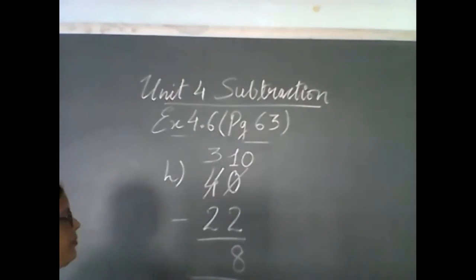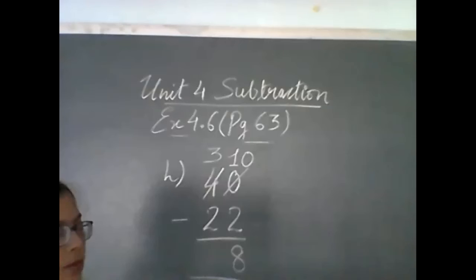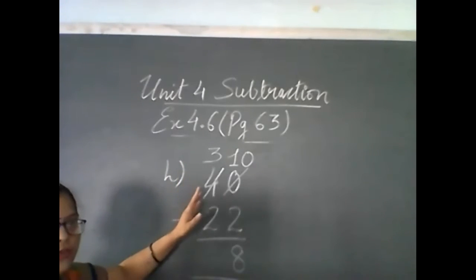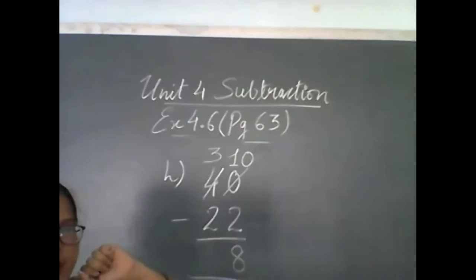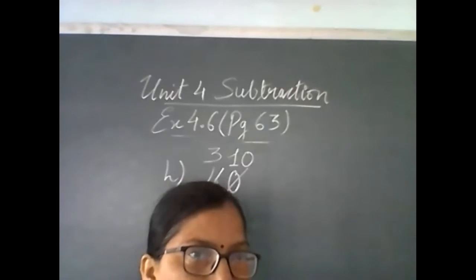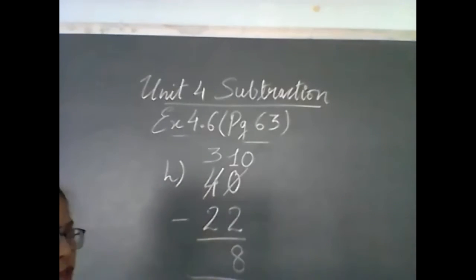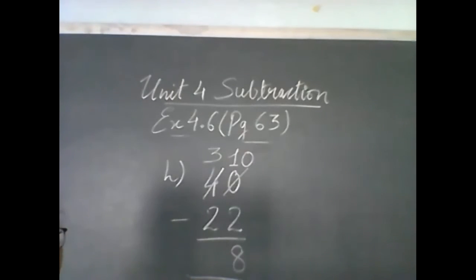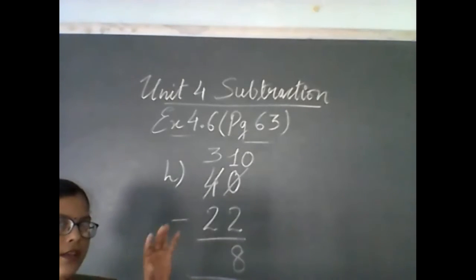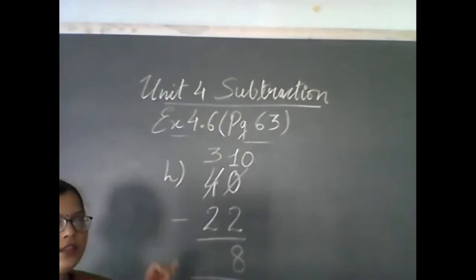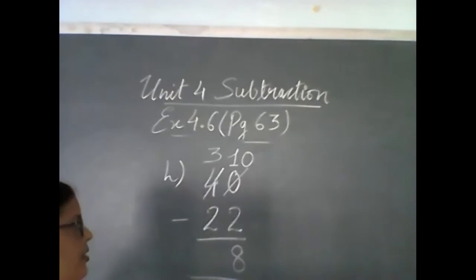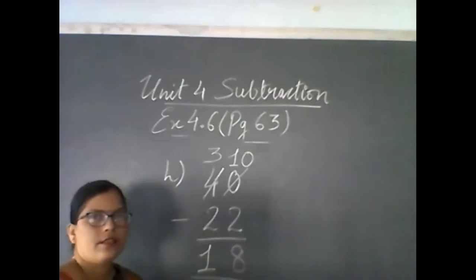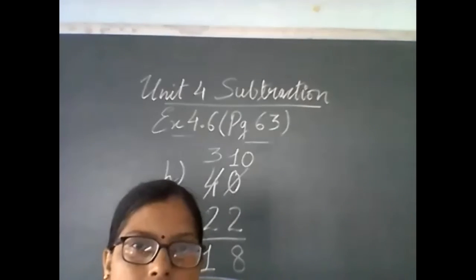Okay? Very good. Okay. Now, what do we have at tens place? We have 3 and 2. We have to subtract 2 from 3. Okay? So, Ashvi, second D. What will be the answer? 3 minus 2. Ashvi, subtract on your fingers and tell me the answer. Yeah, the answer is 1. 3 minus 2. What is left? 1. Yes, very good.